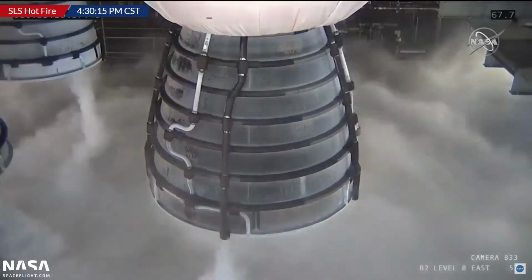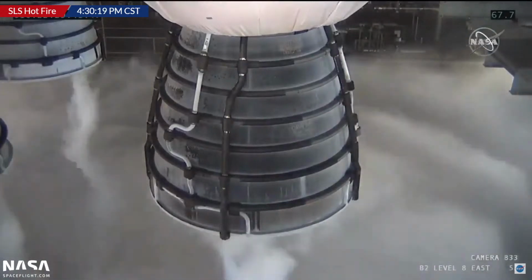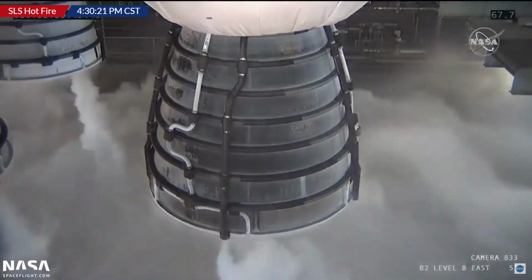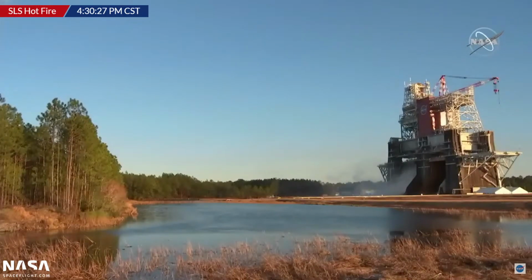You can see in the upper right there that 67.7 is probably the run time that they got to. So well short of the expected 8 minutes, and they didn't even make the 2.5 that they were sort of telegraphing there. That's right. Well, they did demonstrate a safe ignition and a safe shutdown, but the question is obviously